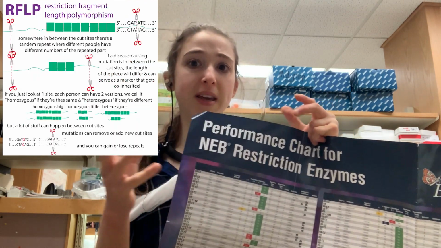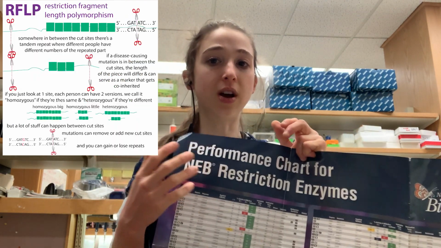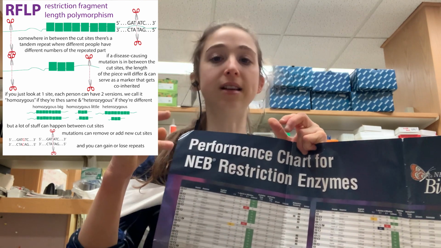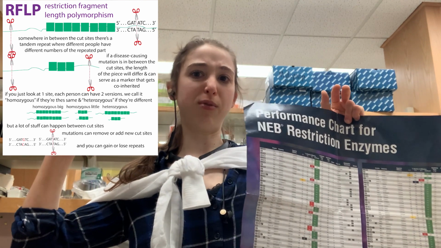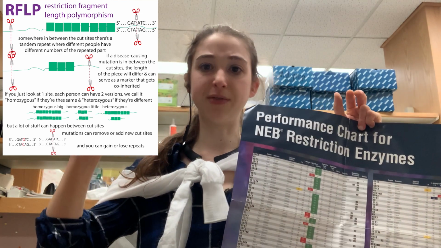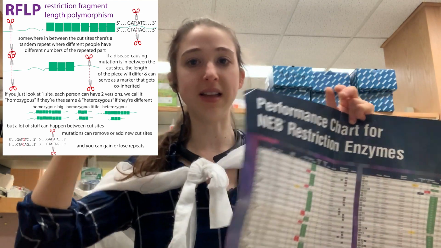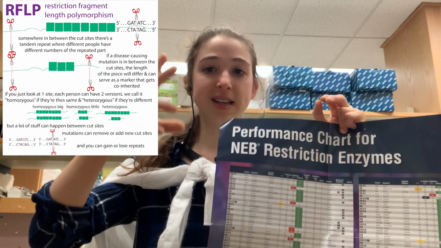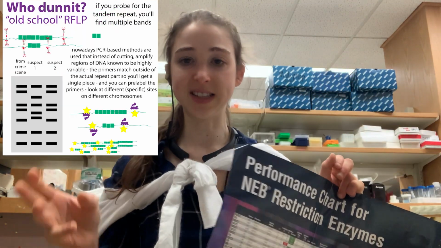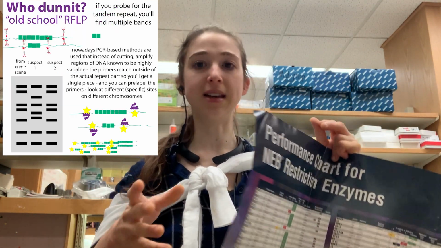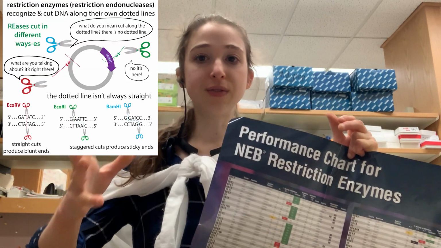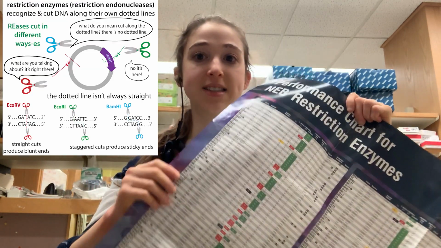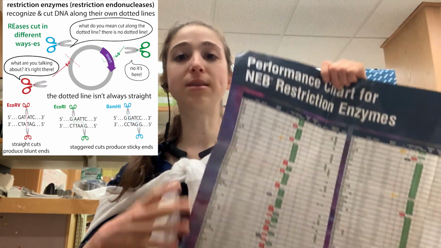Speaking of size of pieces, we can take advantage of natural variations in DNA sequences and sequence length, like polymorphisms. There's this thing called restriction fragment length polymorphisms. Basically, people have different length sequences, so you can use this to track genetics. It was more used in the past than in the current day, where we have more sequencing techniques. But all of these various uses for restriction enzymes are super useful, but some of the terminology can